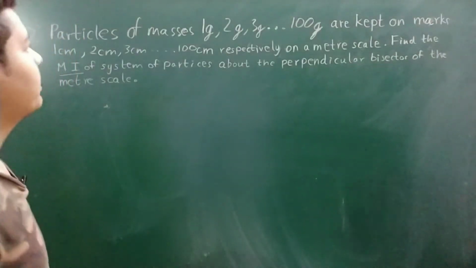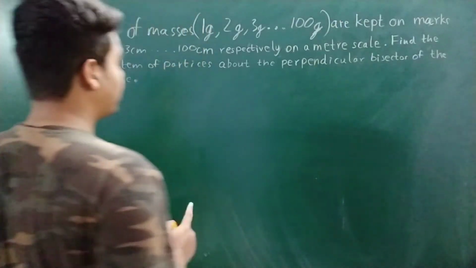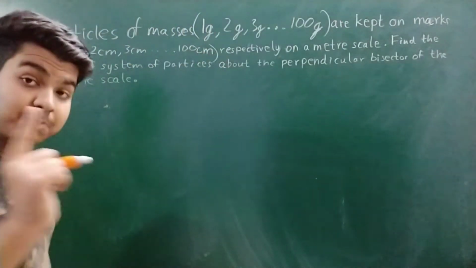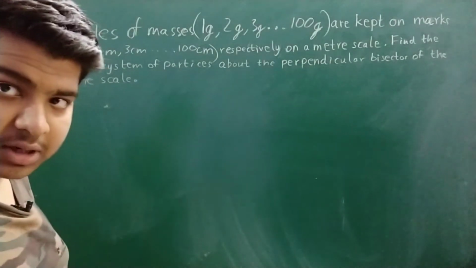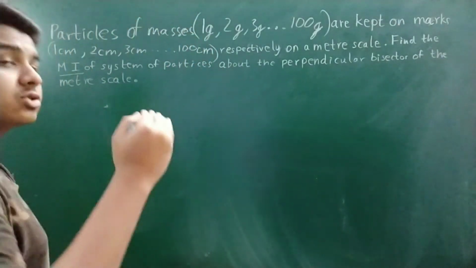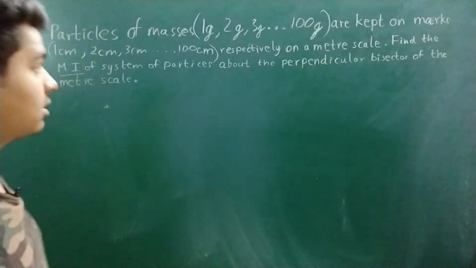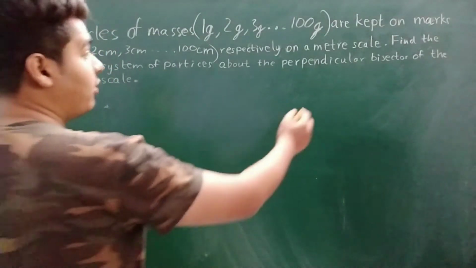Which means we have masses from 1 gram to 100 grams, kept at marks from 1 centimeter to 100 centimeter respectively, which means on 1 centimeter it is 1 gram, 2 centimeter 2 grams, 3 centimeter 3 grams, and so on till it reaches 100 centimeter 100 grams. Now they are asking us to find out the moment of inertia,